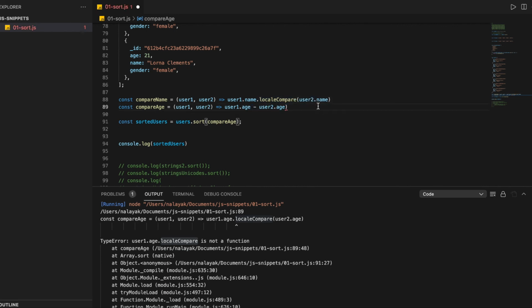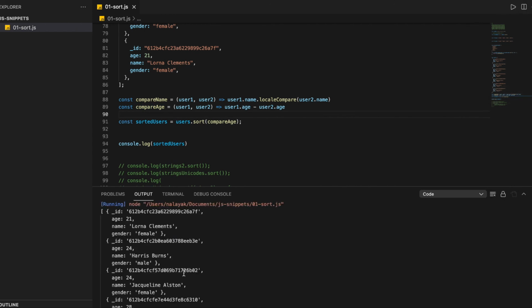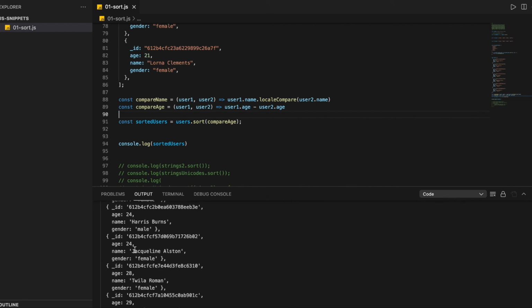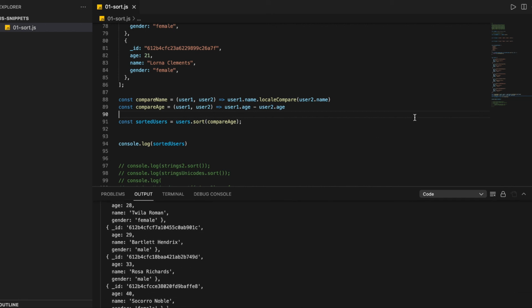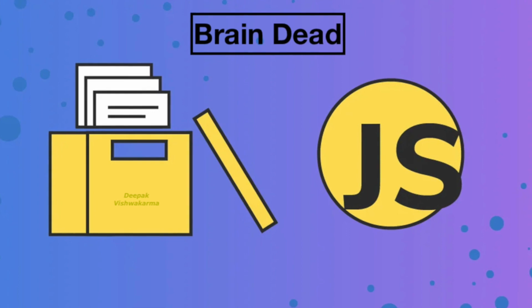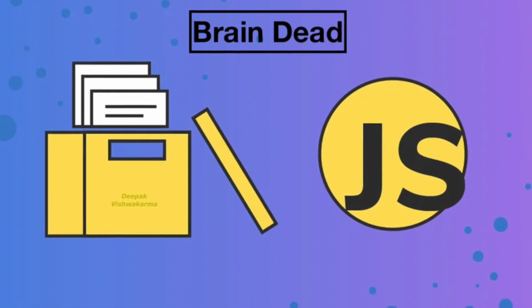Modifying the function is very simple. You can simply return the difference of the ages of the users. If you return a negative number, it will consider that user 1 is smaller than user 2, and if you return a positive number, it will be considered that user 2 is smaller than user 1. So that is pretty much it, you can do any sorting in any type of array. I pretty much covered all the basic cases for sorting.